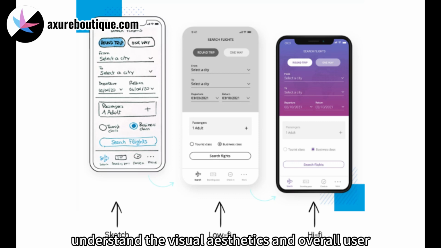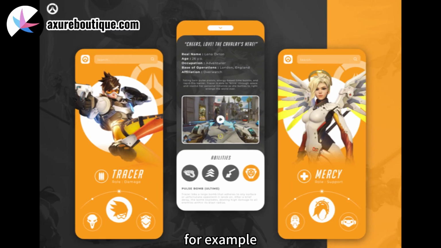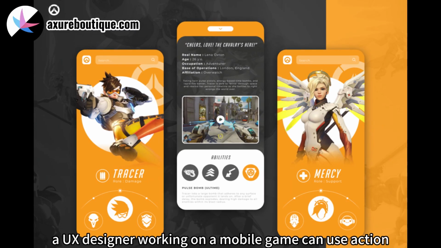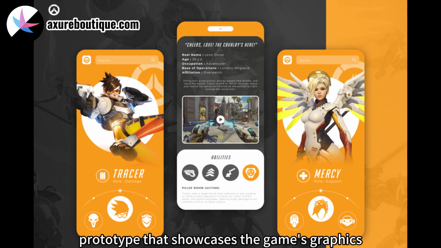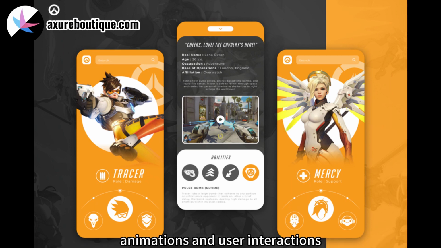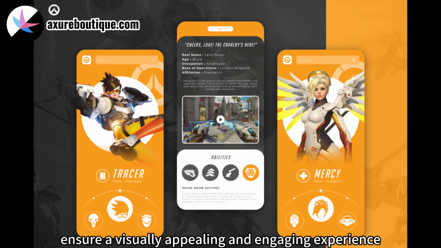and overall user experience. For example, a UX designer working on a mobile game can use Axure to create a high-fidelity prototype that showcases the game's graphics, animations, and user interactions. This prototype can be used to gather feedback from stakeholders and conduct user testing to ensure a visually appealing and